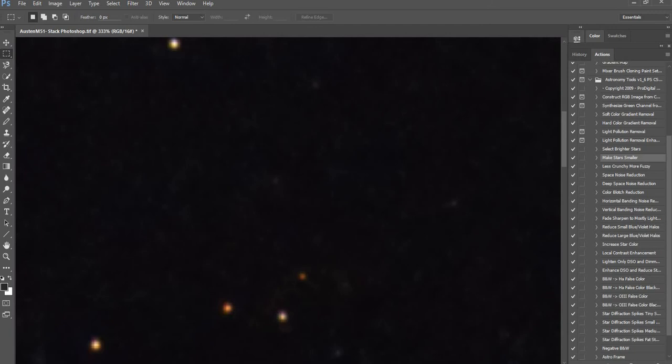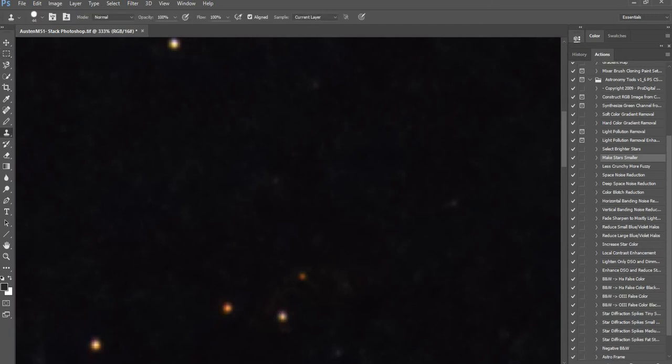With the steps we did before, we managed to stamp pretty much all that out. But sometimes there's stuff that is left over. I'm just going to ask you to pretend that this star is a bad star, a bad pixel. So here's how you get rid of bad pixels. On the left side here, you see that little stamp, like a stamp that you'd stamp a passport with. It's called the clone stamp. So you want to click on the clone stamp,